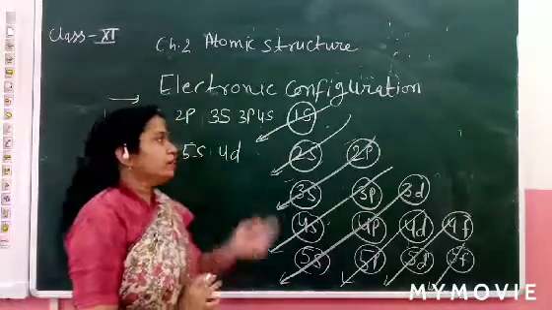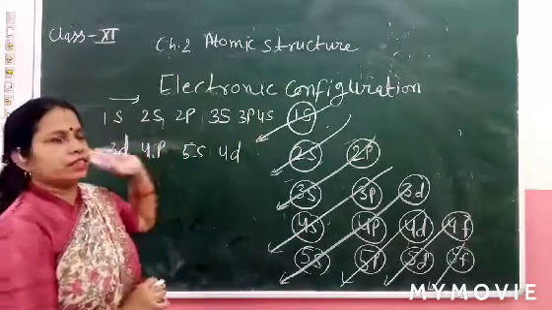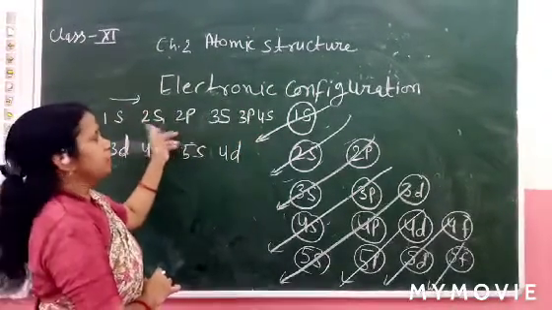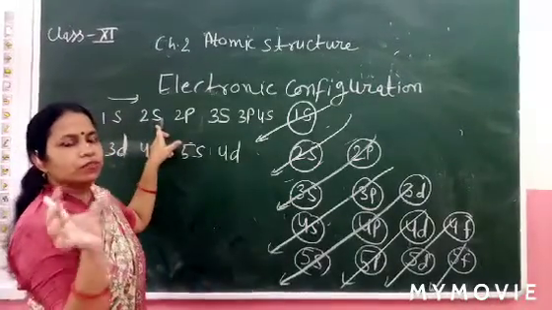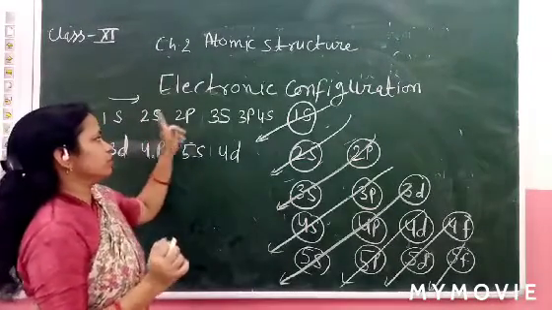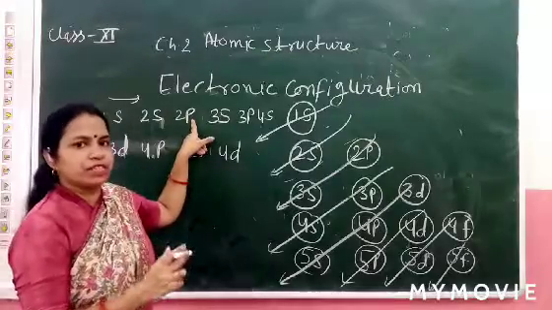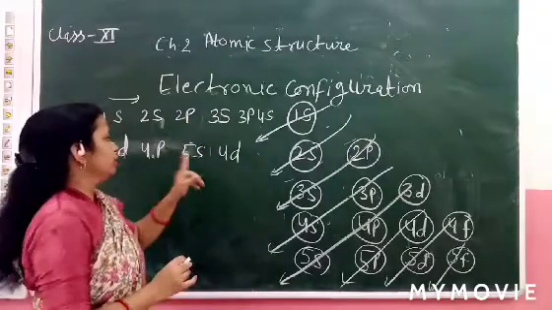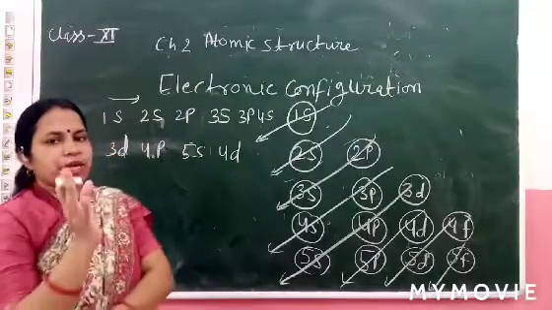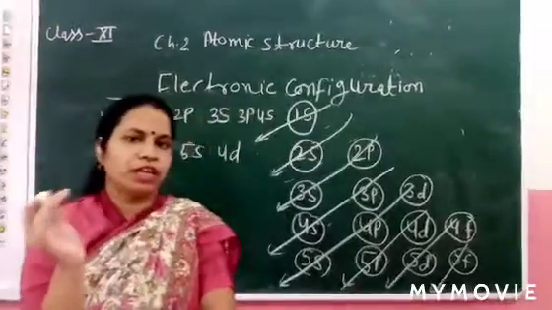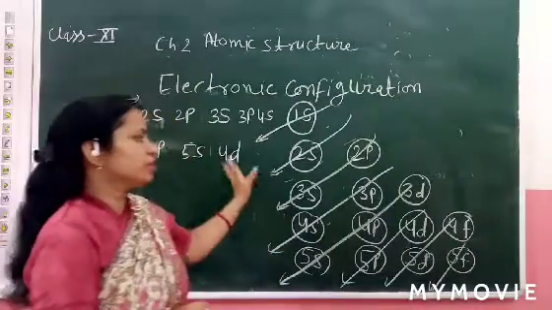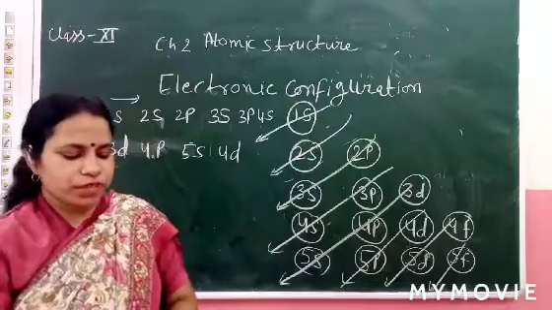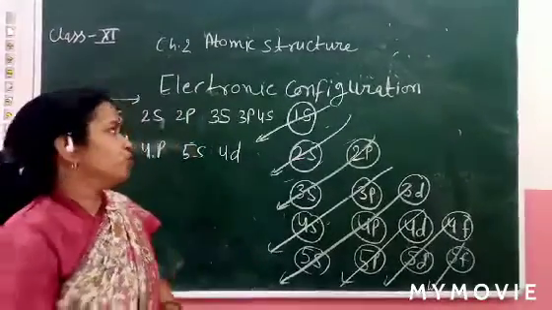What is the capacity of electrons occupied in each subcell? In the s orbital, there is one block, one subcell, with 2 electrons. The p orbital's maximum capacity is 6 electrons. In the d orbital, the maximum capacity is 10 electrons, and in the f orbital, the maximum capacity is 14 electrons. Now, is it clear to all of you how to fill the